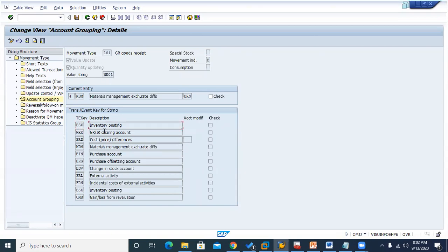Number one point. Number two, because it's coming with the vendor, the material is supposed to be cleared. So there must be a GRIR offset entry required. Offset account is required for clearing the vendor account. So in future, maybe next posting for Miro. So that's why this WRX is required. That means you have to understand simply, instead of these terminologies, you have to understand that. So when it is coming with the vendor, there must be a WRX. Without this, you cannot pay the vendor. So WRX must be there. That is simple funda. So BSX is material coming inside and it's a stockable material. Definitely it's going to hit.